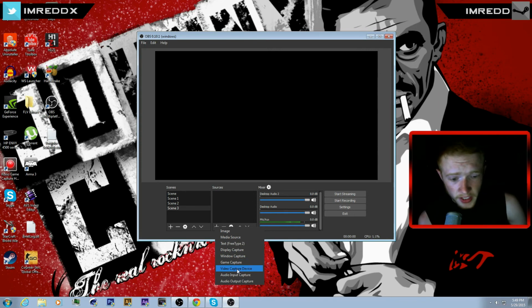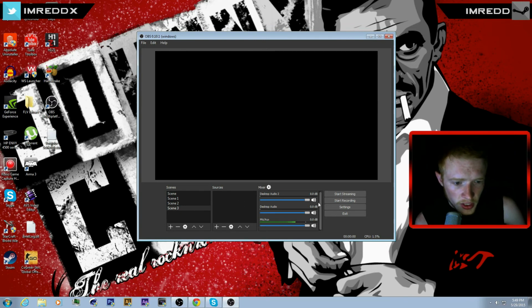So next we have video capture device. Now this is where you add your webcam or your gameplay recorder. Obviously mine's the Roxio. It works with the Elgato, anything. You have your audio input capture and your audio output capture. Now your audio input capture is like your microphone. As you can see here in the right hand column, you have all my microphones. As you can see, this is going up and down. That's because I'm talking. Now this will be any audio that's coming through the desktop, and if you add a game capture,